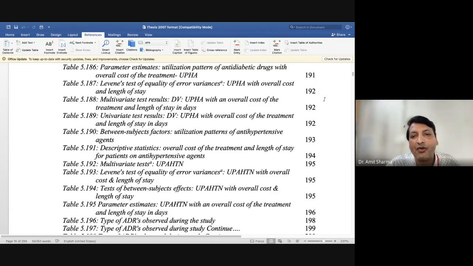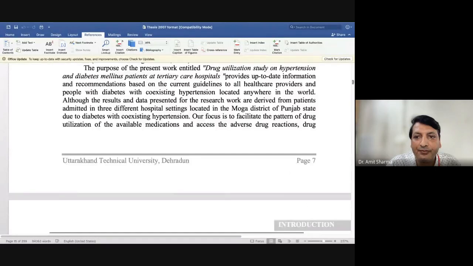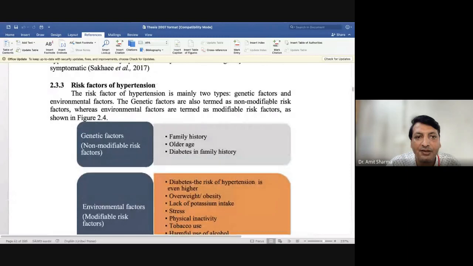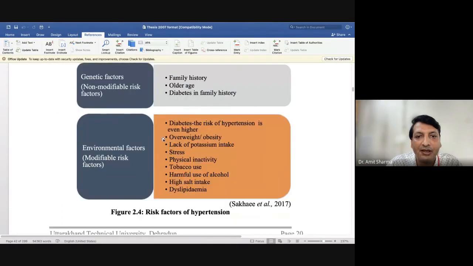MS Office itself. What it means, I will show you. For example, here you can see that I have written about risk of hypertension, and I have made this picture, and the name of the figure is risk factor of hypertension, and the numbering given was 2.4.